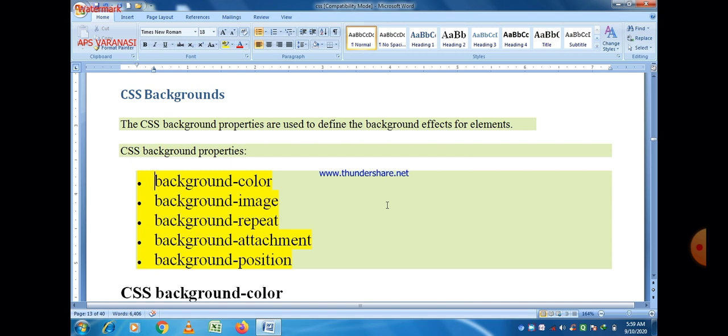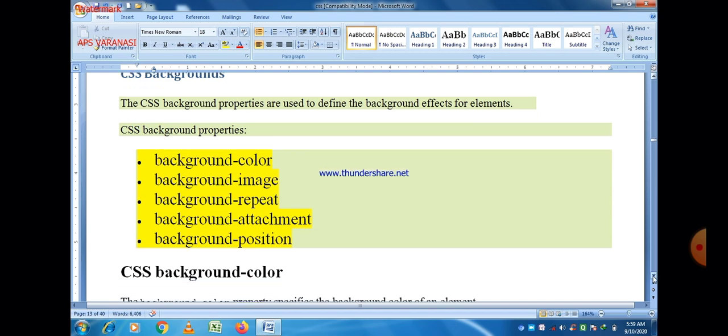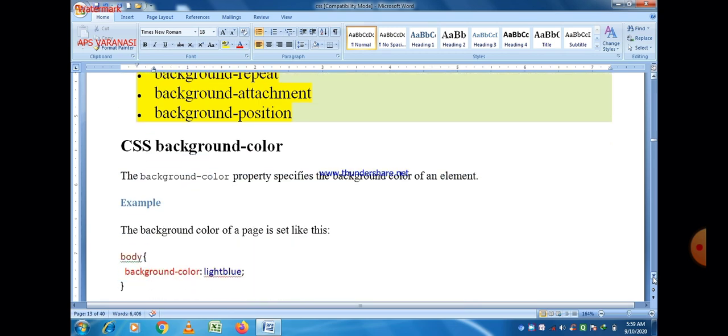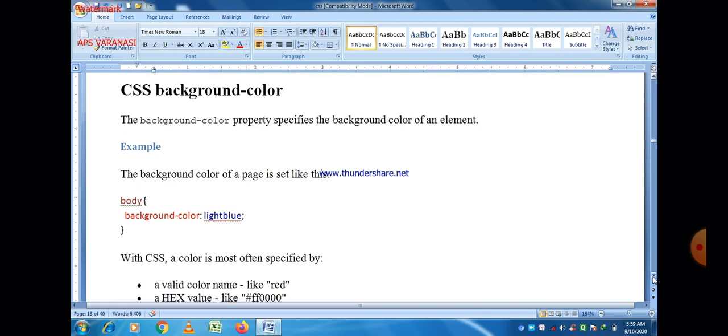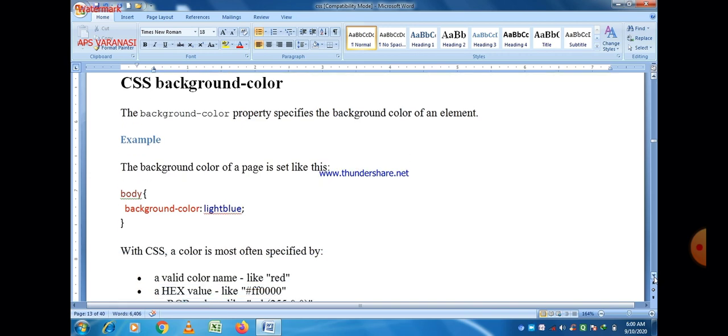First of all, CSS background color. Now in CSS you are able to put any background color as per your choice using color name, hexadecimal notation, HSL representation, etc. So first of all, let us talk about CSS background color. For that purpose, there is a property named background-color. That property is used, and you can give any color value.